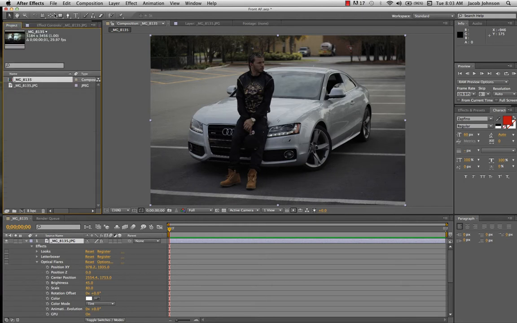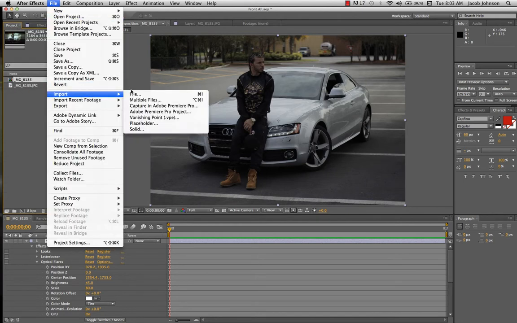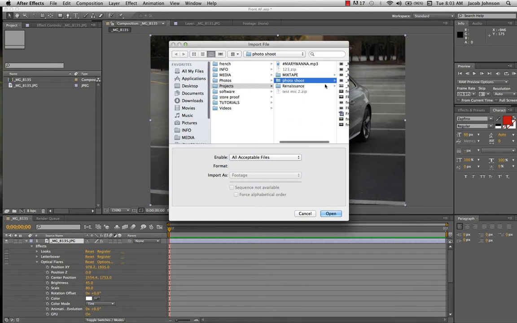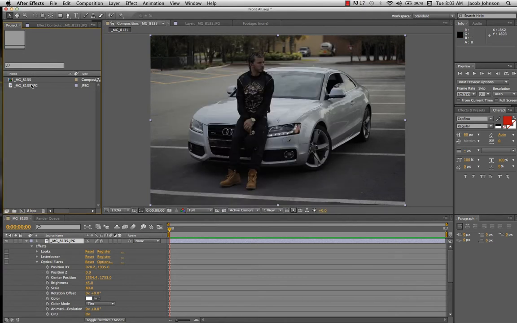So what you have to do first is go to File, Import, look for your photo, import that. Simple. Now take your image and drag it across the Create a New Composition. Once you have created a new composition,